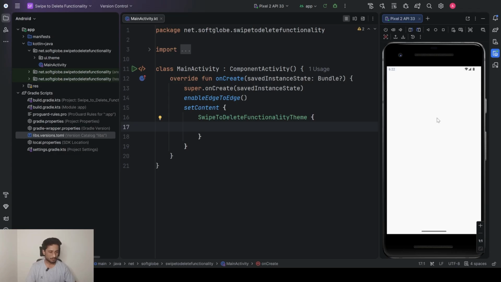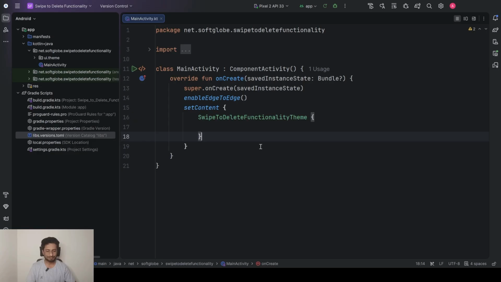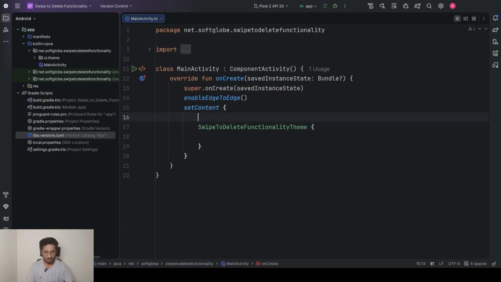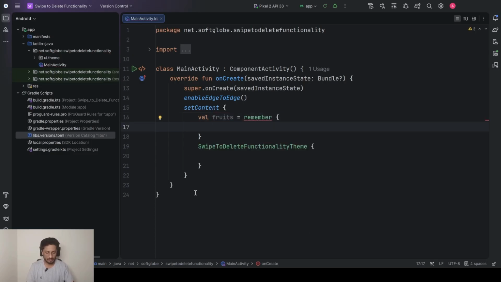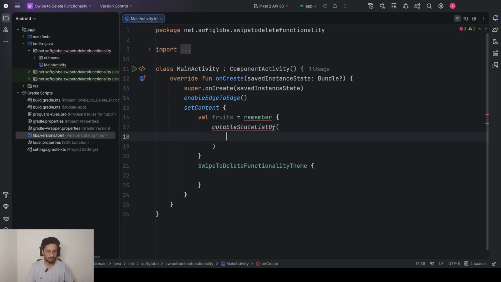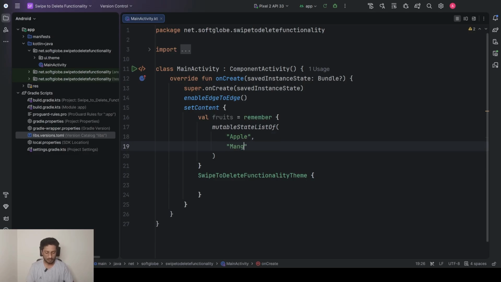So this is how we can implement it. This is the final output. Now I'll minimize the emulator and we'll start coding. We'll first be creating a list of items, that is fruits. Here, val fruits equal to, remember, I'll be using mutable state list of, so that it should be automatically updated, and add a few items: apple, mango,